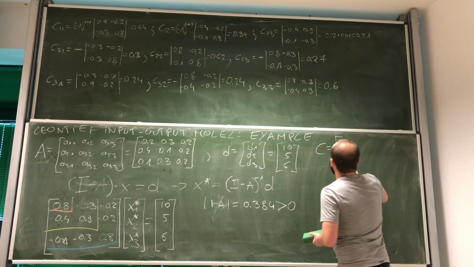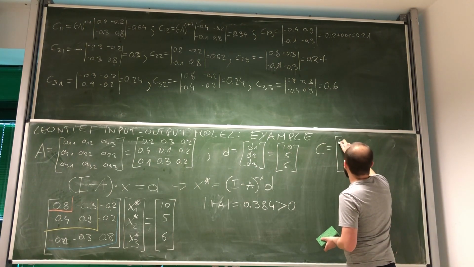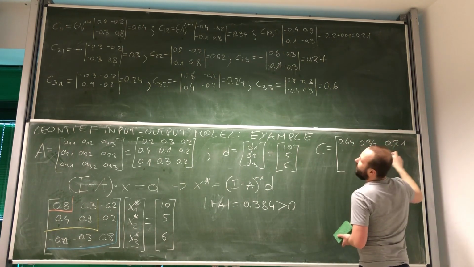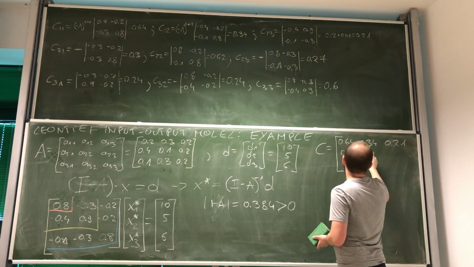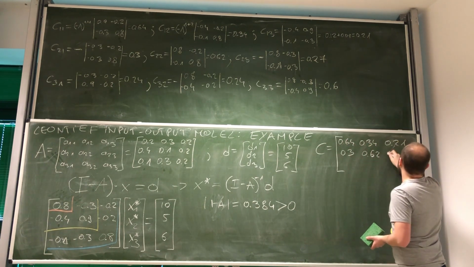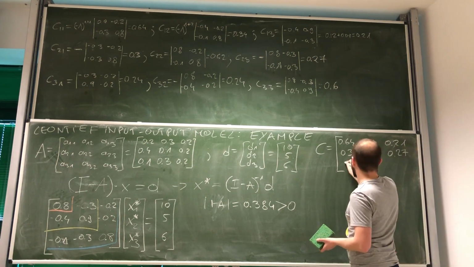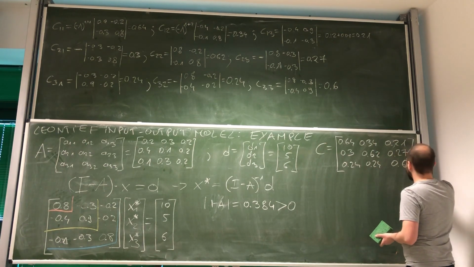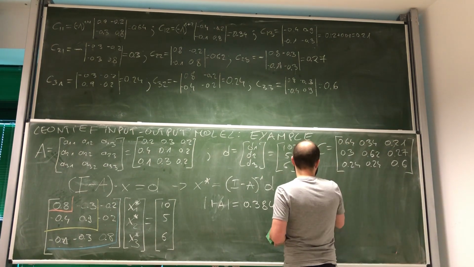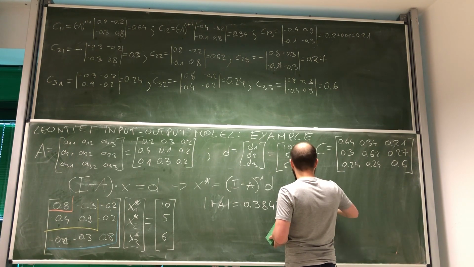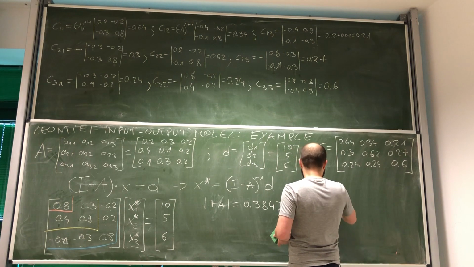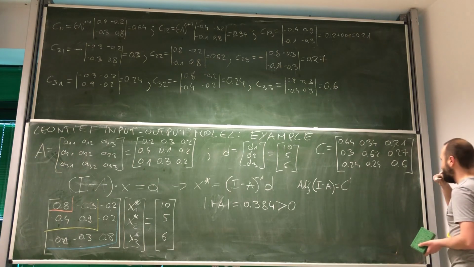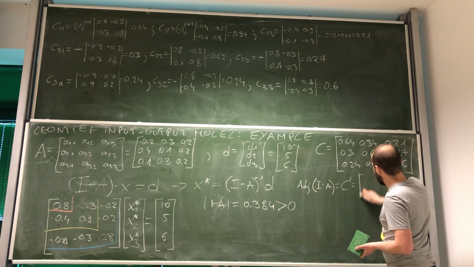cofactor matrix here is 0.64, 0.34, 0.21, 0.3, 0.62, 0.27, 0.24, 0.24, and 0.6. And then we've got that adjoint. So adjoint I minus A, adjoint the Leontief matrix, which is equal to C prime, is given by